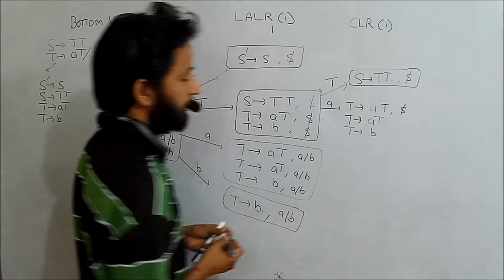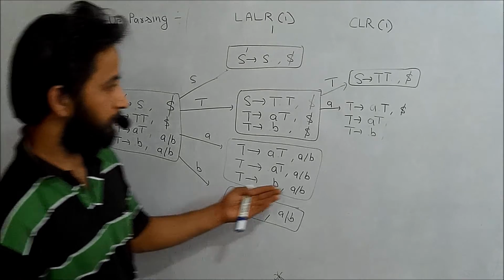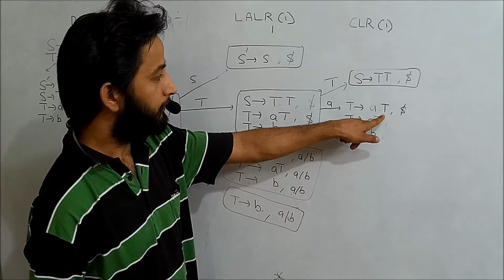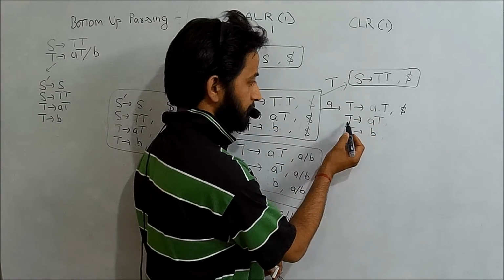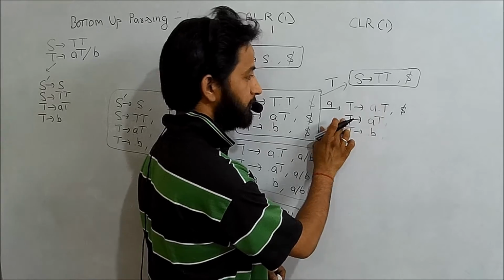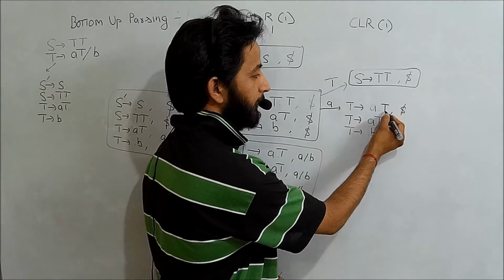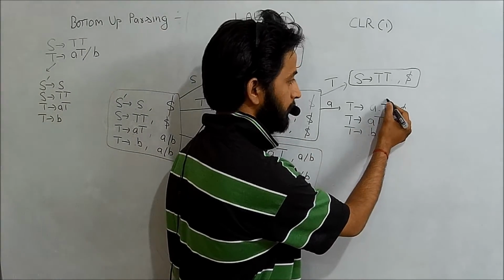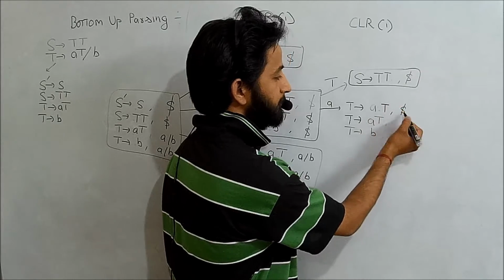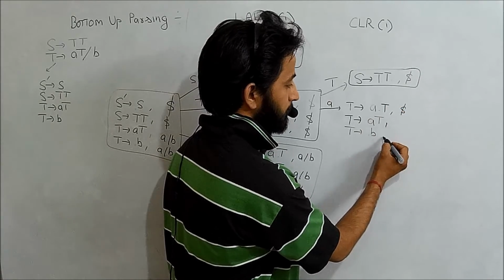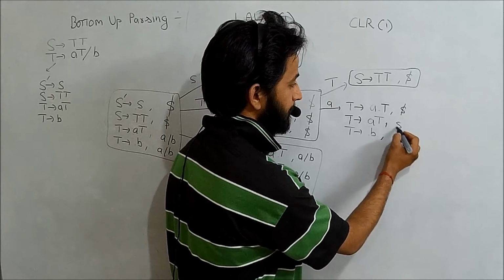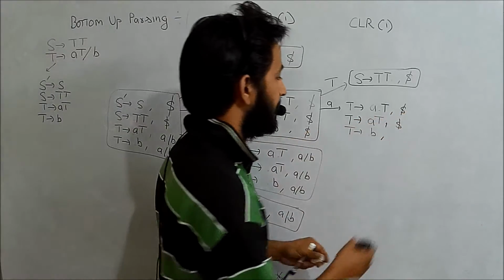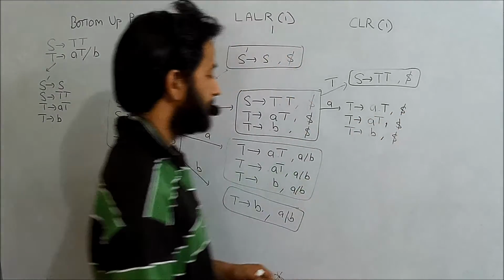Okay, now I will check for the look ahead. This production is because of this closure. Okay, so at this point there is nothing, because up to that variable there is nothing to take the first of. So I will add the look ahead as dollar, because it will be same as here. Same case here, look ahead will be dollar.